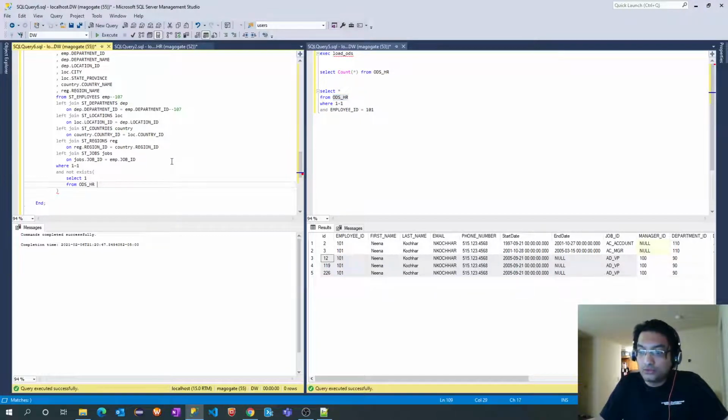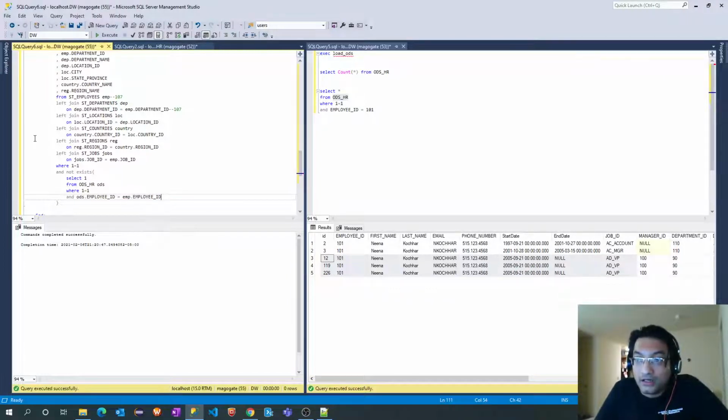Okay, so we have to find out those records which are available in the ODS table. We have to check those against the employees table because that is a driving table in this case, and we have to restrict those. So that's why we have added the not exists condition. So what I will do, 1 equal to 1 and ODS dot employee ID equal to employee dot employee ID.